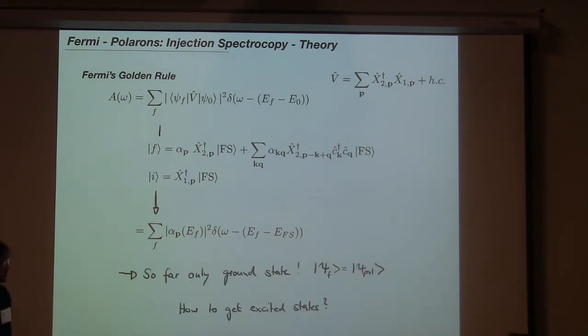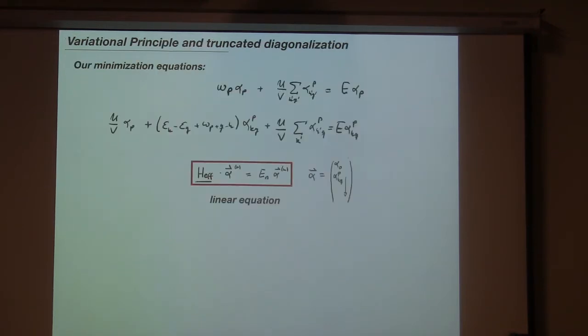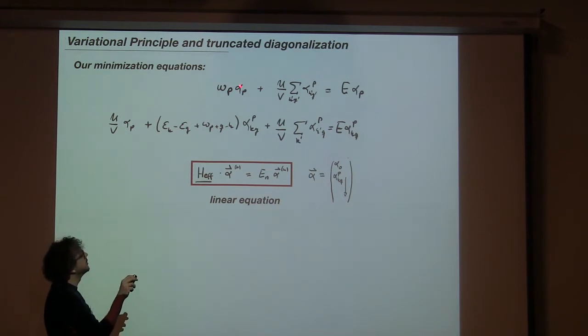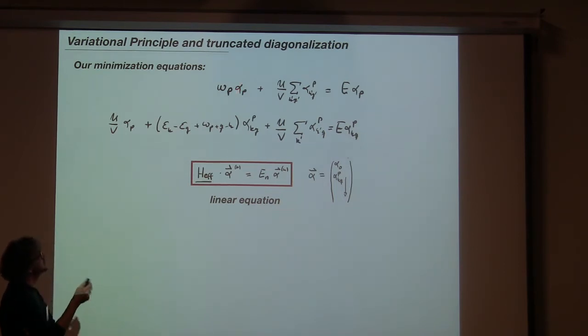And we only had so far the ground state, just one of the states out of the whole manifold of states which you can build up with such a wave function. So one thing that actually helps to get a little bit of insight where these states are is if you look at the minimization equations which we wrote down yesterday. So we had two equations which we then solved. One equation we got from the variation with respect to this alpha p star, so the first part of the ansatz, and then we had the second equation from the second variation.